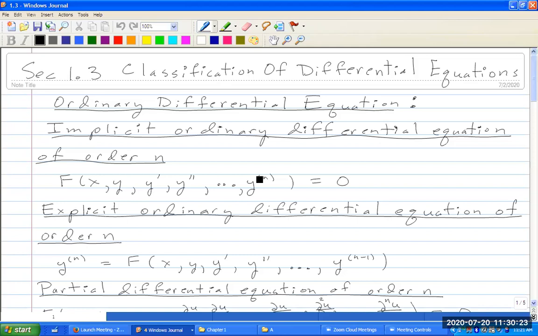An explicit ordinary differential equation of order n is, well, you are able to solve for the derivative of y. So if y, the nth derivative of y,